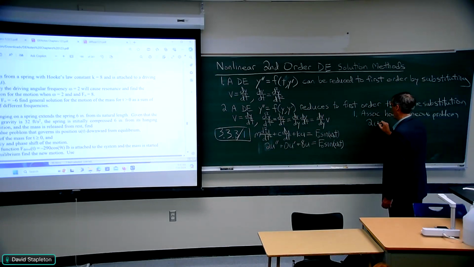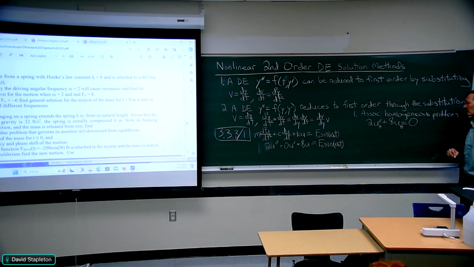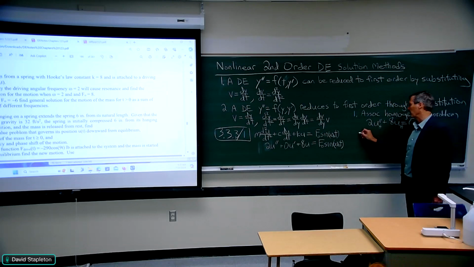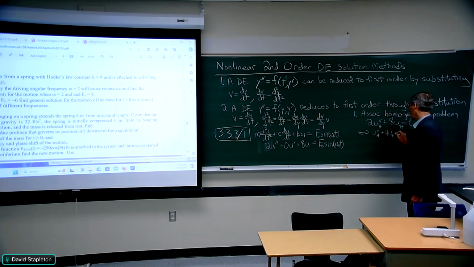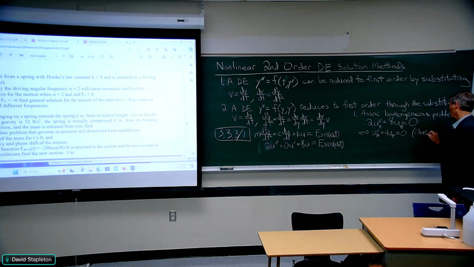So it's 2u double prime plus 8u equals 0 is the homogeneous problem. I'll put a little h indicating I'm solving the associated homogeneous problem. There it is. Now we know how to solve this. We can divide through by 2 to simplify and say it's u_h double prime plus 4u_h equals 0, which has then the characteristic equation,